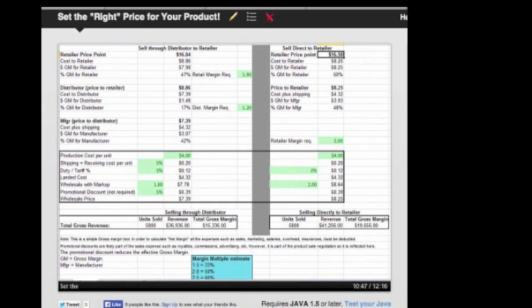And everybody's been willing to shave off a few percentage points, but each of you can still make money this way. So you can see down here that by selling through a distributor, you had to lower your wholesale price to $7.39 from your original price point, but that now your numbers are actually working. And so if you were to sell this at $7.39 and you sold 5,000 units, your revenue would be $36,936 with a total gross margin of